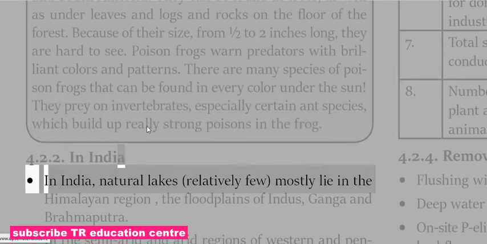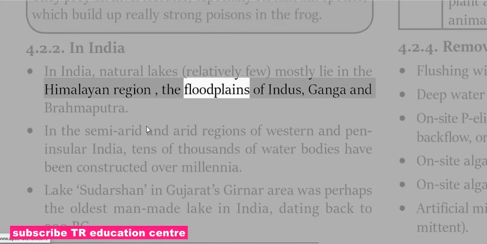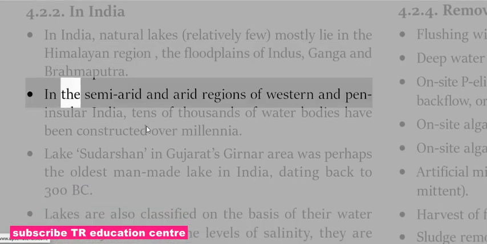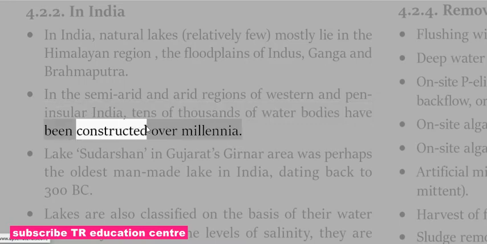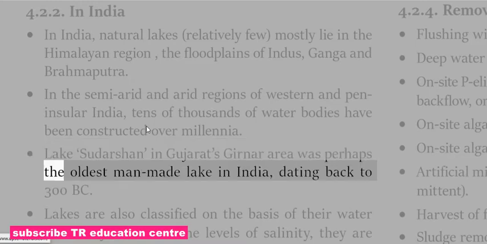4.2.2 In India, natural lakes, relatively few, mostly lie in the Himalayan region, the floodplains of Indus, Ganga and Brahmaputra. In the semi-arid and arid regions of western and peninsular India, tens of thousands of water bodies have been constructed over millennia. Lake Sudarshan in Gujarat's Girnar area was perhaps the oldest man-made lake in India, dating back